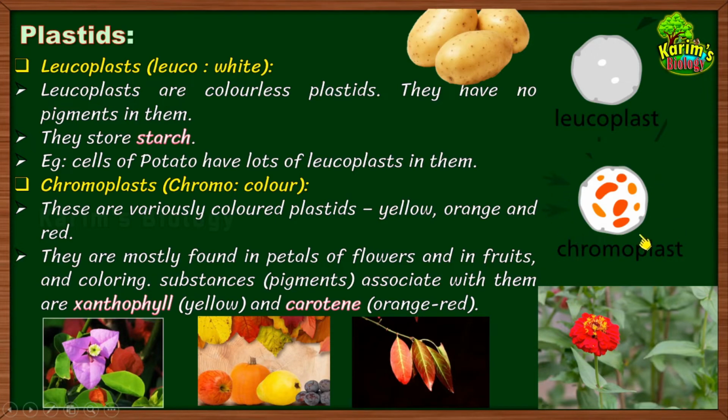Where are these chromoplasts present? They are present in the plant parts which are colorful, right? Even in the flowers, you know that the petals are colorful. This color is imparted to the petals because of the presence of chromoplasts that contain different pigment molecules such as xanthophylls and carotenes, right? Like hemoglobin in human blood, these two are also pigment molecules that give color to various parts of the plant. Okay, that's about the chromoplasts.